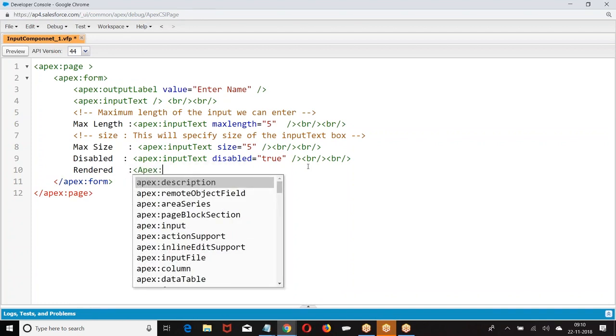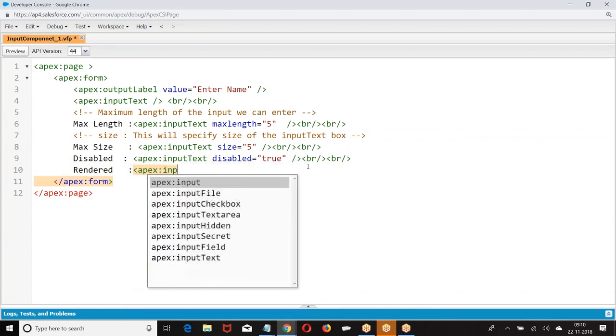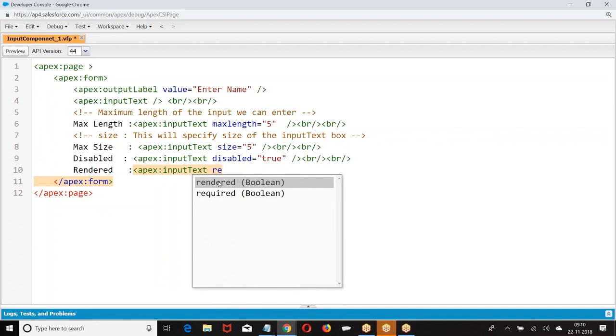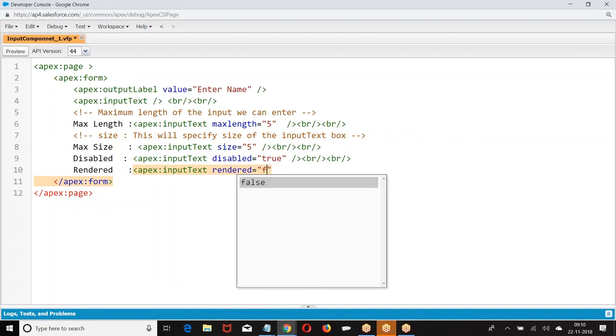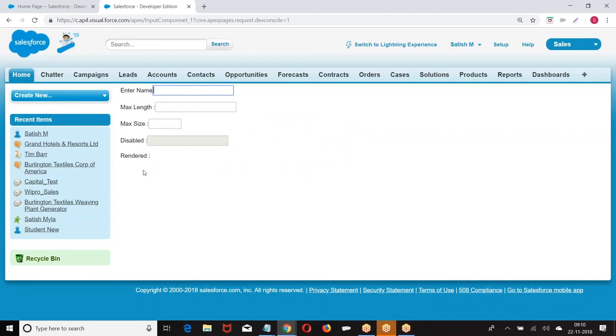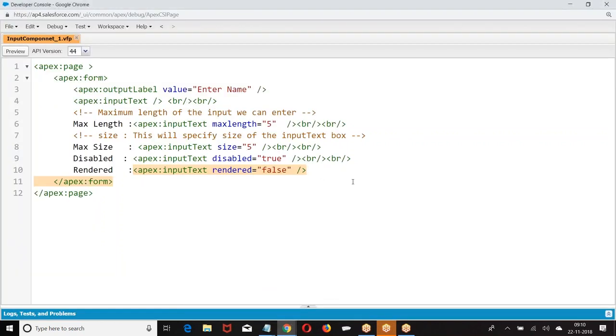Should I display or not? Disabled means show me, but in the disabled mode. Rendered equal to false means don't display the box. Disabled: show me, but in the disabled mode. Rendered: show or hide.